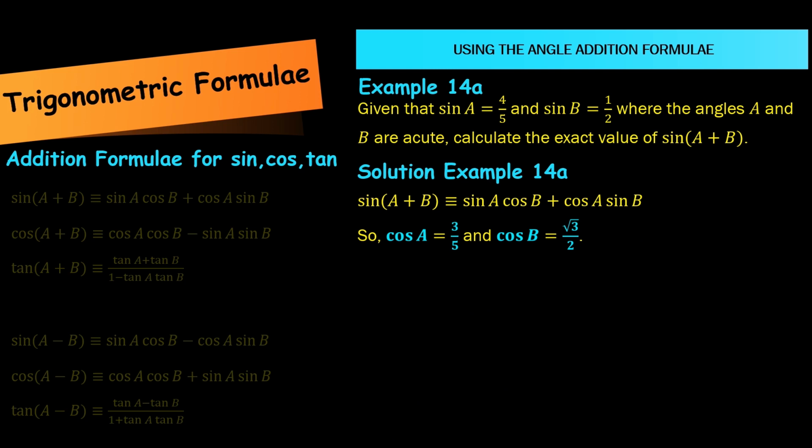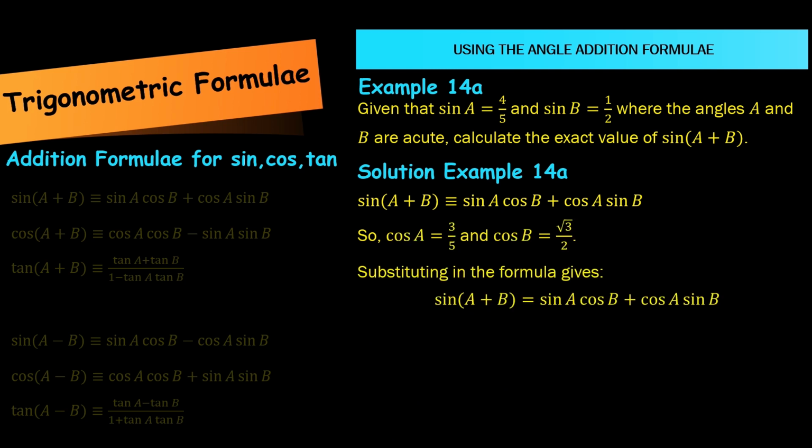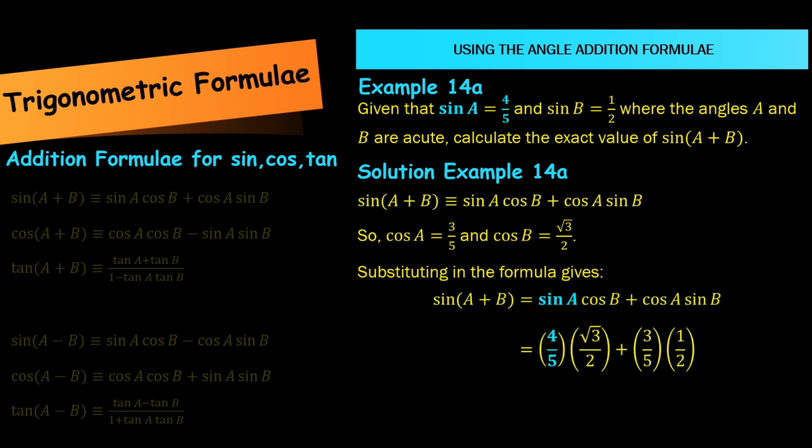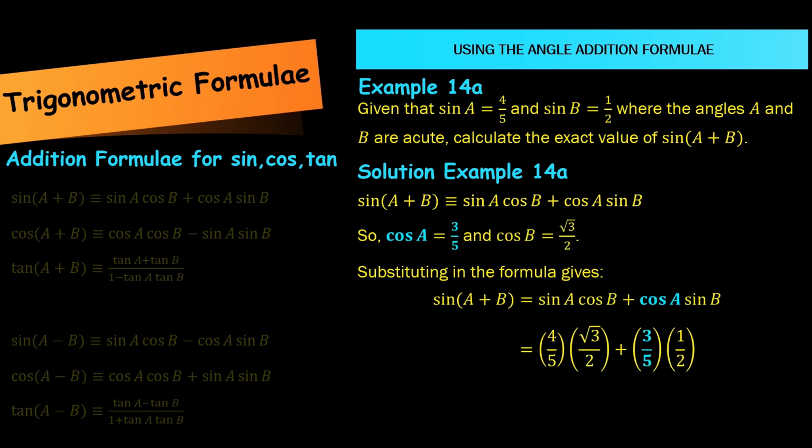We can now substitute the values into the formula for sine A plus B to give 4/5, since sine A equals 4/5, times √3/2, the value of cos B, plus 3/5, the value of cos A, times 1/2, which is the value of sine B. Tidying up this